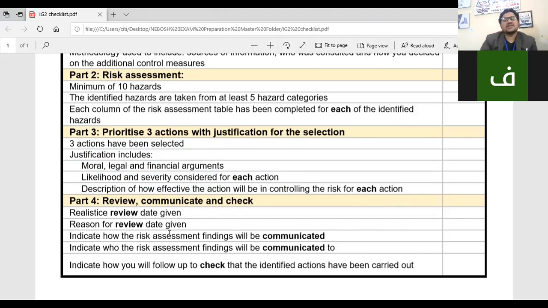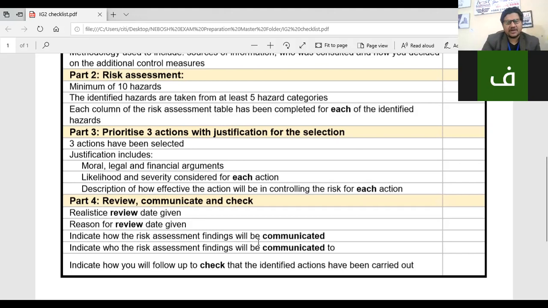Like if you say, I will review after 1 year, realistically it is not acceptable, and technically, logically, it's not good as per the best practices even. So make sure you give a realistic review date, and you have to give the reason why you are going to review even after 1 month, or after 2 months or 3 months as per the planned actions. Now, the third is